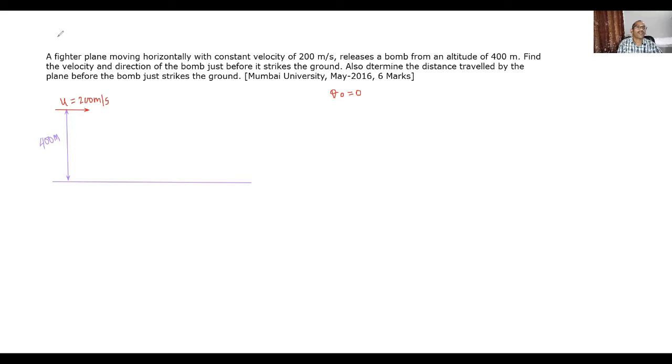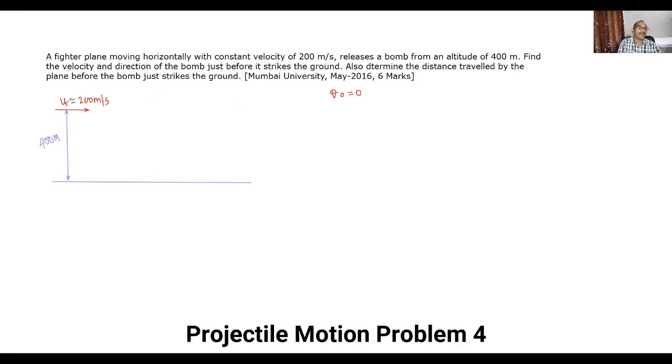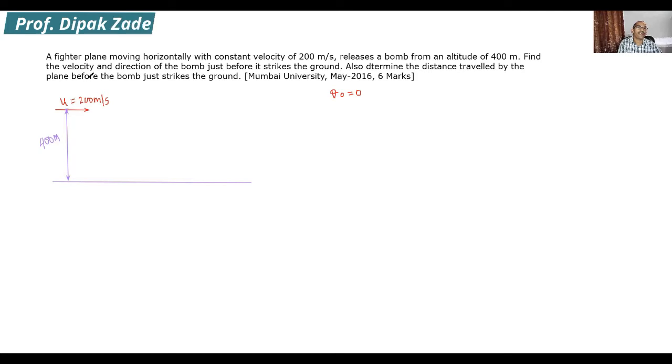Now, once motion starts, the plane is moving in the horizontal direction, but what is important in the problem is that it releases a bomb from an altitude of 400 meters. That means from this plane a bomb is projected. Once it is released from the plane, this bomb will move under the action of gravity and strike the ground. Say the initial position is represented here as A,